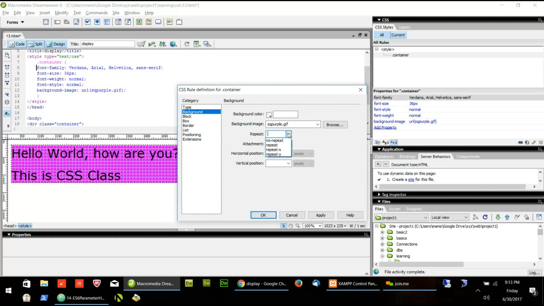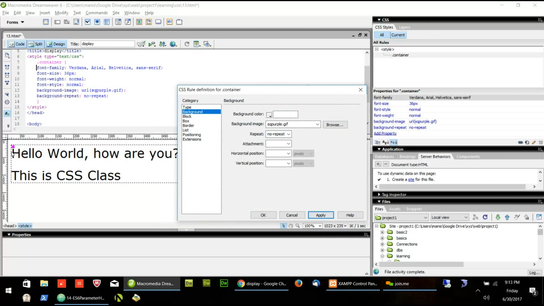I can say no repeat. If I say no repeat, it will only appear once. Otherwise, if I say repeat, whatever background image is there, when its size is over, it will again create that image till it covers the whole of the div. So if I say no repeat, it will draw only one time and the rest of the space is empty.